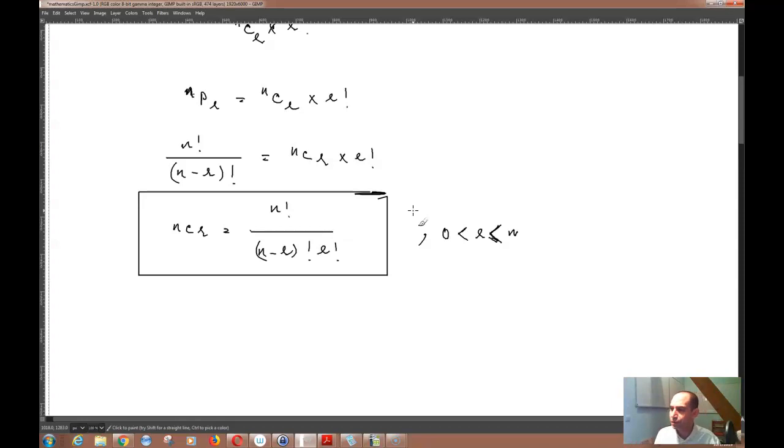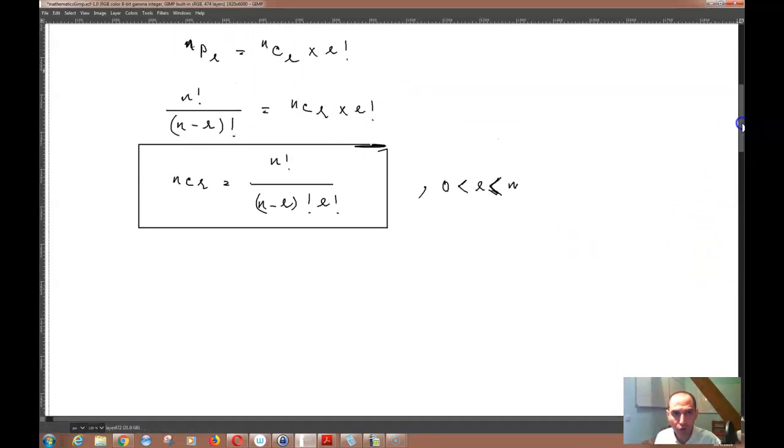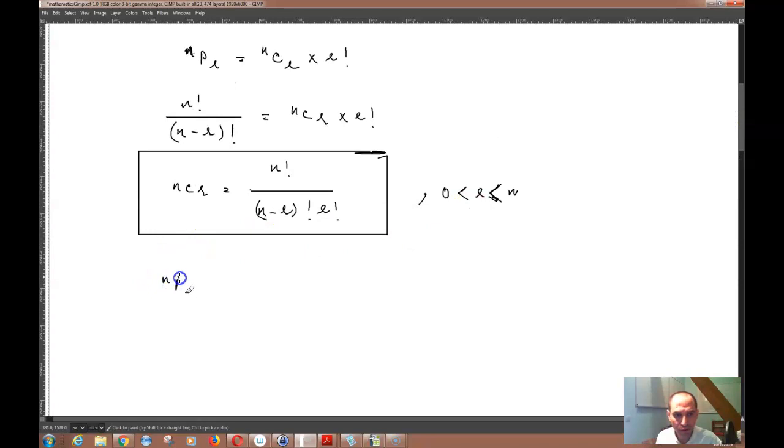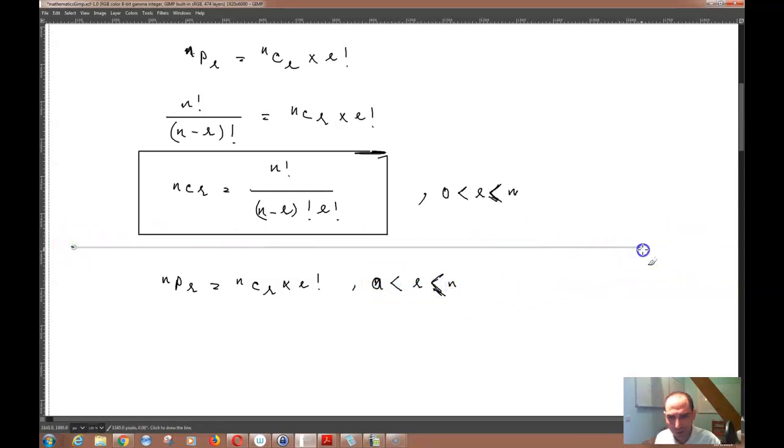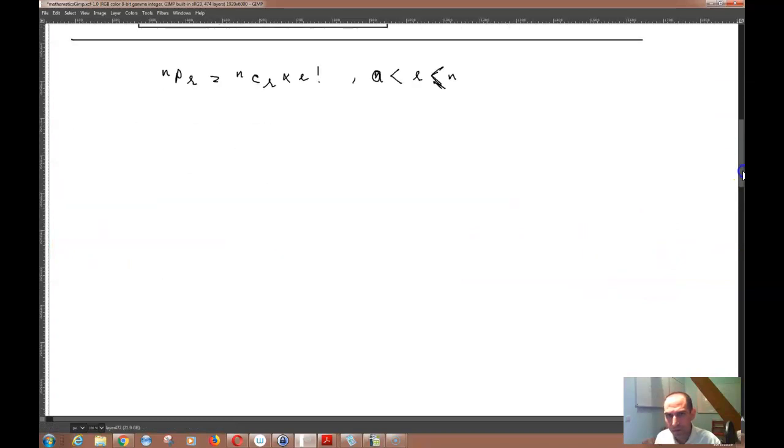Now from this expression, we said that n permutation r is equal to n combination r times r factorial, where 0 is less than r, less than or equal to n. What we can conclude from here is that